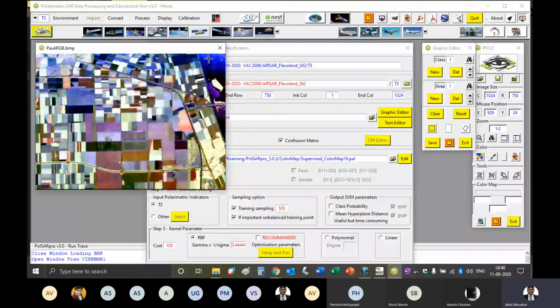This is water, but I should give more samples of the same class. So here I'll give more. Again, here also I'll give something. Then I'll go to new class. So you can now see the pink color class, pink color. So pink color class is somewhere here. Actually, that is forest. I've given some training areas there.